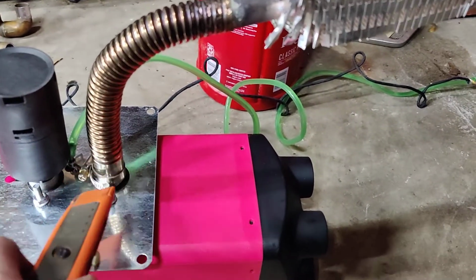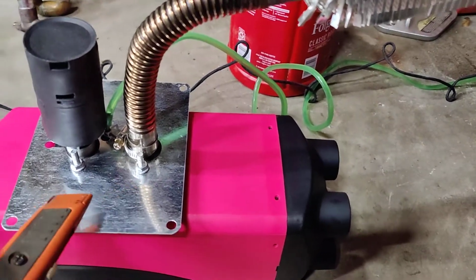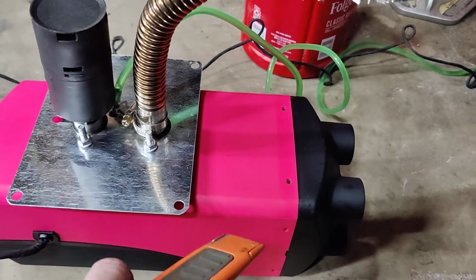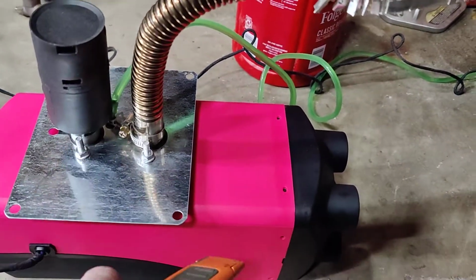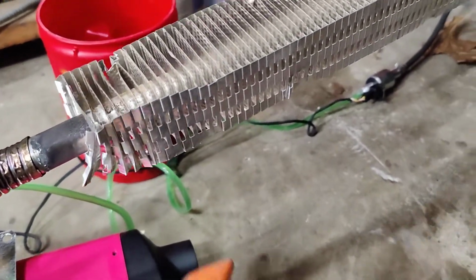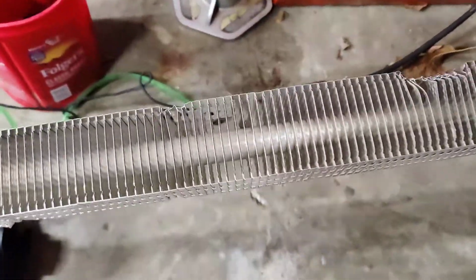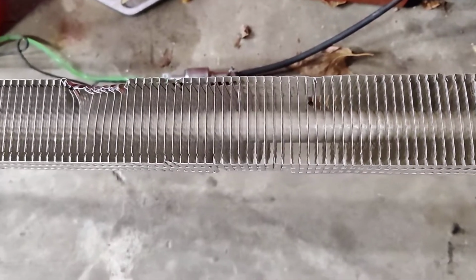with a heat shield, and I don't think it matters if you mount this upside down or sideways. It works the same way. And yeah, so this is the radiator fins. I don't know how you call it, but let me tell you, it